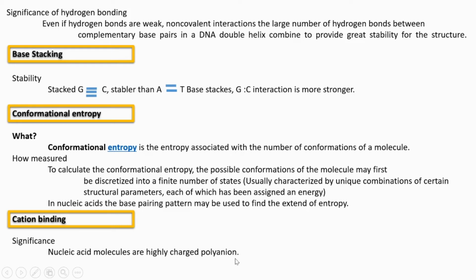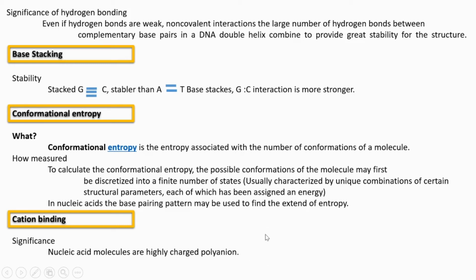Anion means negatively charged. We know that like charges always repel. So as this nucleic acid is mostly polyanion, with negative charge, there is more chance of repulsion between its